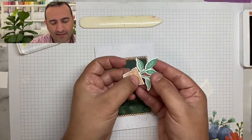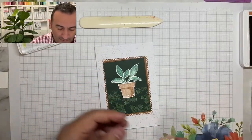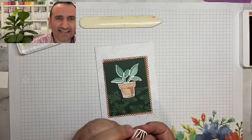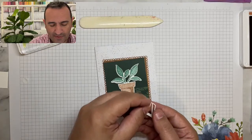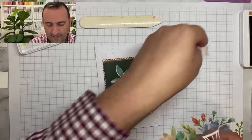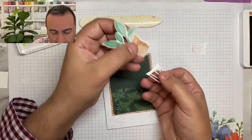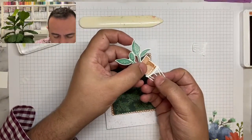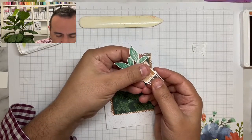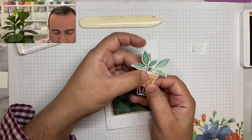So I just stuck that down. Oh, that looks so good. Now, my lovely wife put some adhesive sheets on the back there. Adhesive. So I'm just going to peel that off. If you don't have Stampin' Up! Adhesive sheets, you need them in your life. Do yourself a favour. And you can see there's a little slot in there. Is that what that's for? It's designed to go inside. Right. And so it looks like one of those actually...